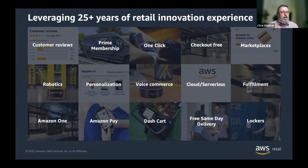The Amazon Marketplace, which was launched in 2000, allowed other retailers to sell their products through Amazon.com, including products in competition with our own. And Amazon and AWS are driving key innovations in retail technologies, from voice commerce to Just Walkout, which is a way of billing automatically off your Amazon account. And we're just figuring out how these technologies work and processing our learnings and then sharing that information with our